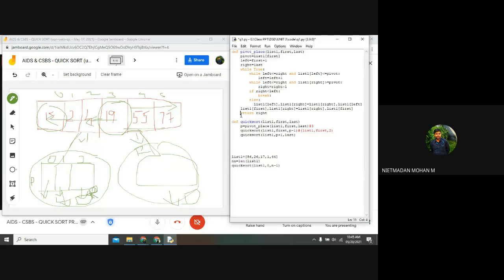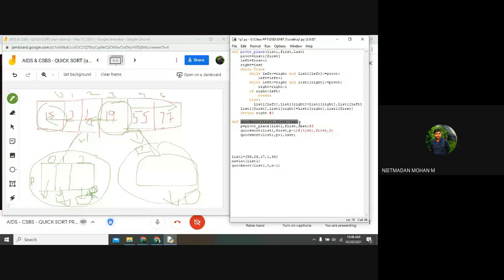When you are returning the value to one of the recursive functions, it will take the index value of the particular right. So here you can see, once this condition has been processed in this pivot function, it will return the index value of 3 for that particular right. And after that, this p will become 3. And again, I am calling this quicksort function. The function arguments will be list 1, first, comma 2, because p has become 3 and now it will become 2.